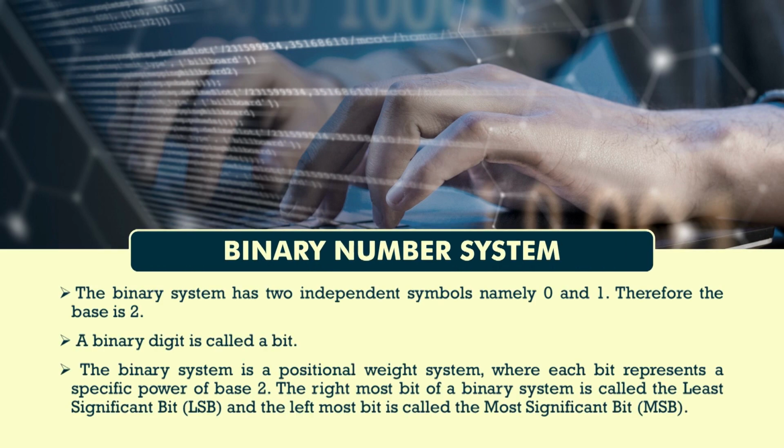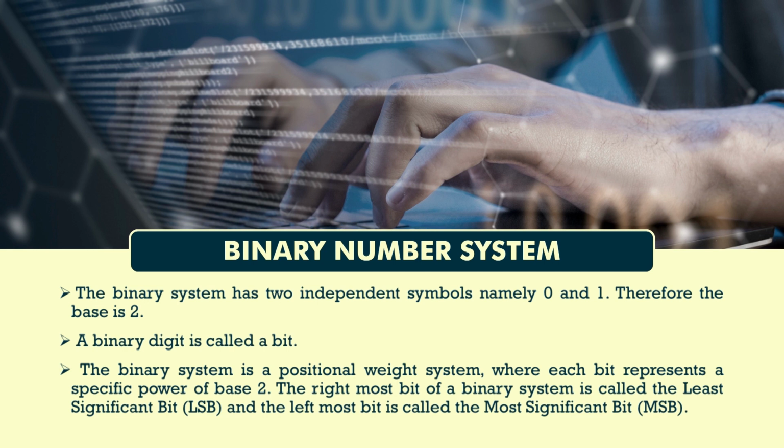The binary system has two independent symbols, namely 0 and 1. Therefore, the base or radix is 2. A binary digit is also called a bit. The binary system is again a positional weight system, where each bit represents a specific power of base 2. The rightmost bit of a binary number is called the least significant bit, and the leftmost bit is called the